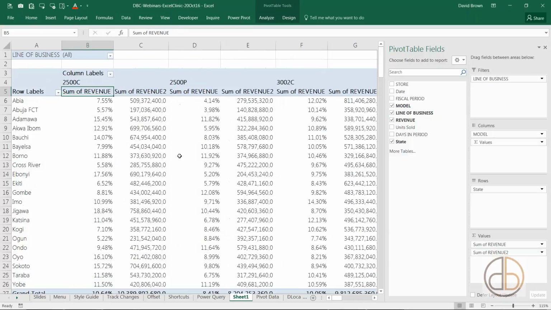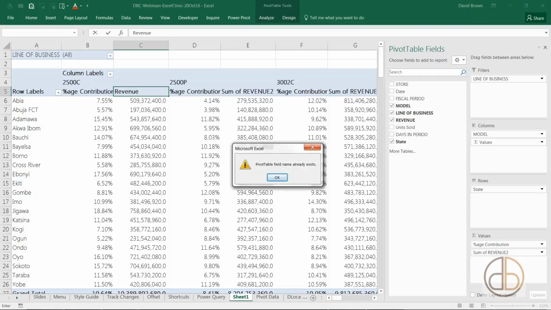Once you drop it, you can now see one revenue field is percentage. We can change the heading. I just change the heading to percentage contribution. And then this one can just be revenue. Now, if I type revenue and enter, it's going to reject it. You're going to see an error message come up, and that's because you can't use the same name as a field. You can't just write revenue here. It's just one of the restrictions. Well, there's a trick we